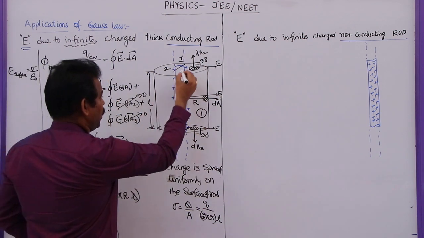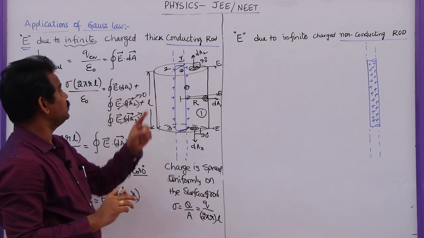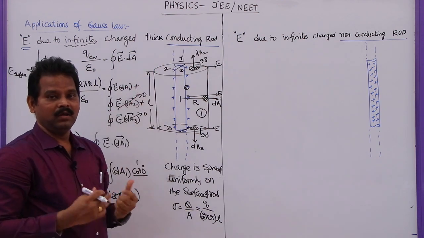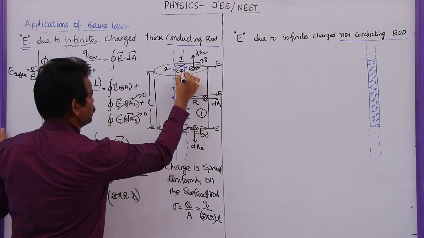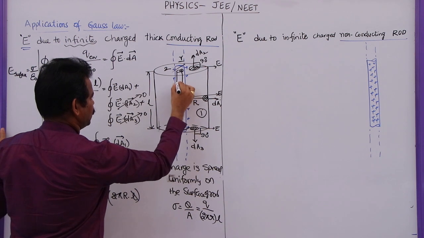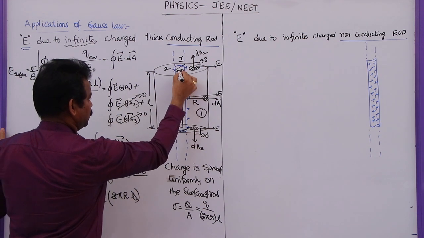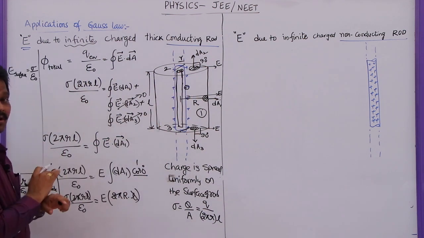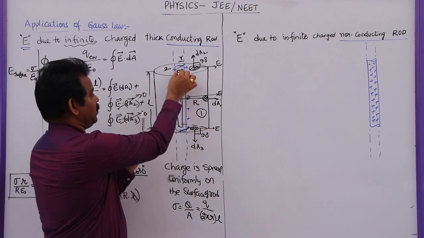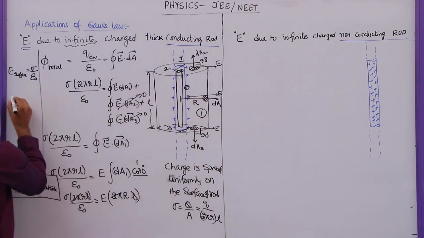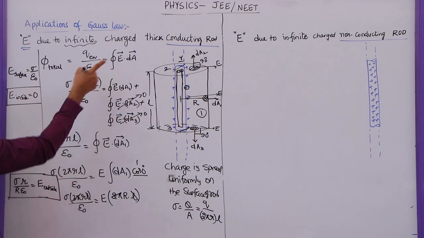Now if we want to find out the electric field somewhere within the rod, inside the rod, as it is a thick conducting, metallic rod, we know that the electric field is 0. Why? Because even if you construct a closed Gaussian surface here to find out the electric field at that point, this closed Gaussian surface is not enclosing any amount of charge. Why? Because charge will spread only on the outer surface of the rod. I am taking a Gaussian surface inside the rod. That's why the electric field inside the rod is always 0 for a conducting rod.